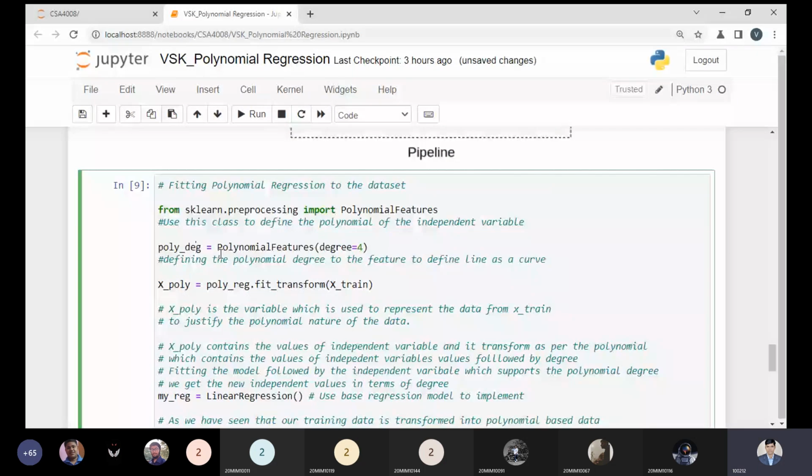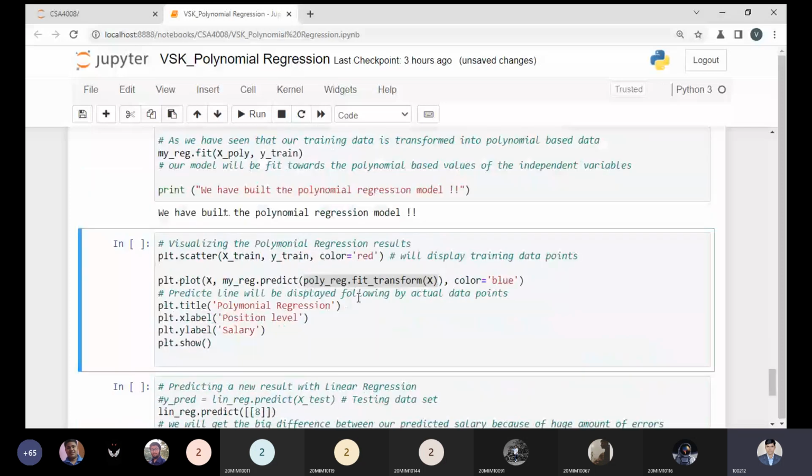So with the help of this point, now I have changed my variable names to avoid the confusion. So poly degree I'm taking over here. What it will do, my x variable will be transformed towards the degree. With help of this variable I'm fitting to transform my x variable, and with help of the predict method, I get my new variables, that is my predicted variables, and x will be displayed as the original x.